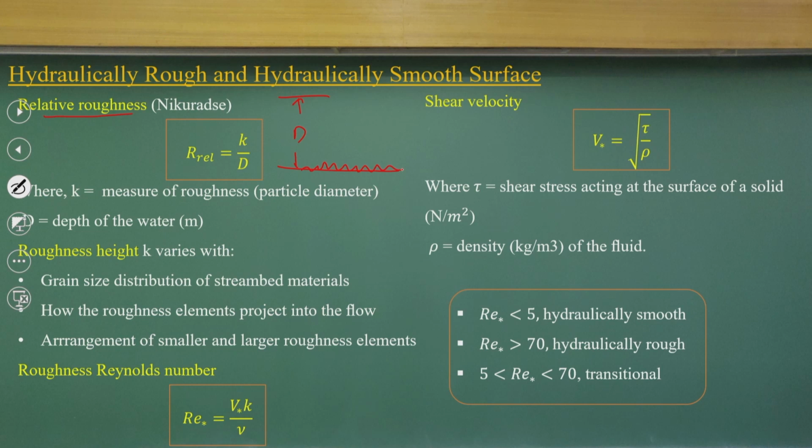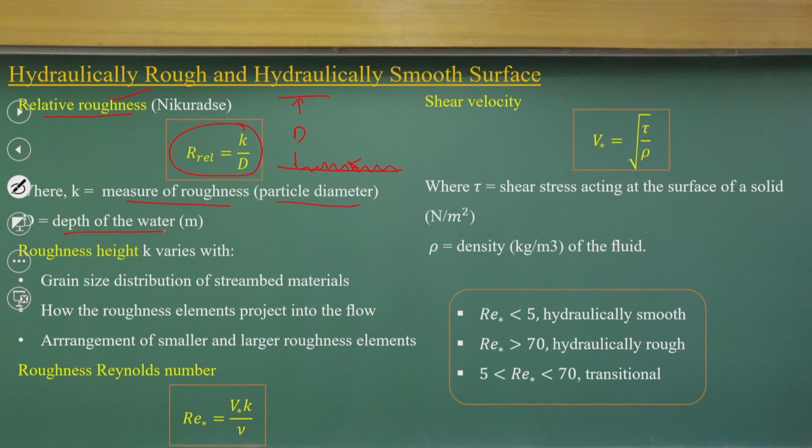Okay. So, the roughness thickness we can define as relative roughness, which will be k by d. This ratio indicates the k and d values, and tells us where the roughness lies in terms of the laminar sublayer. It is a simple ratio of k by d. Here k is a measure of the roughness, basically the particle diameter, and d stands for